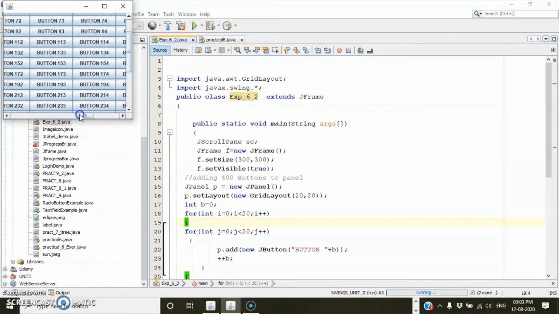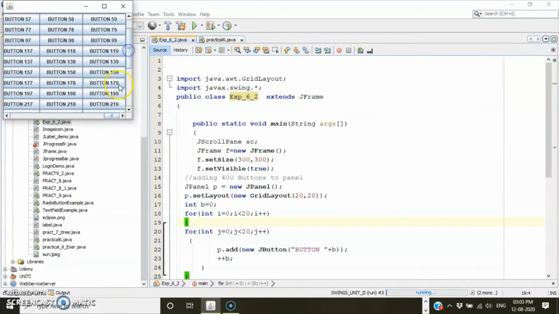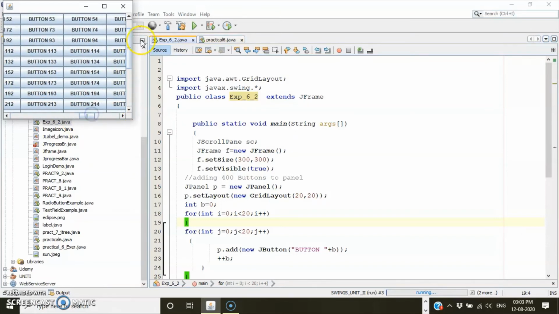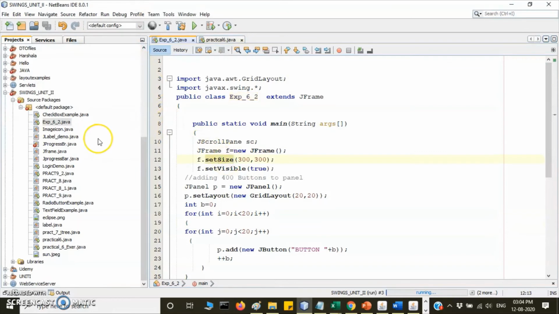Like this you can scroll and see the contents in the panel. Is it clear what a scroll pane is? You can scroll it and see the hidden contents. So this is what the scroll pane is. Now we'll see the program, how you write it.